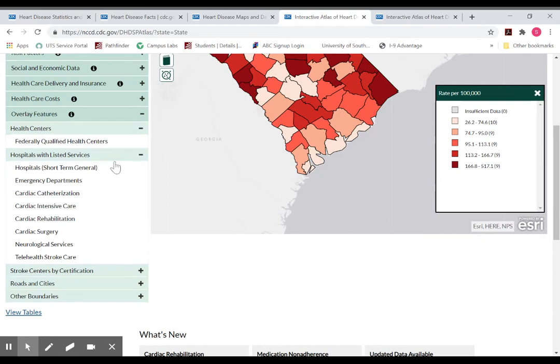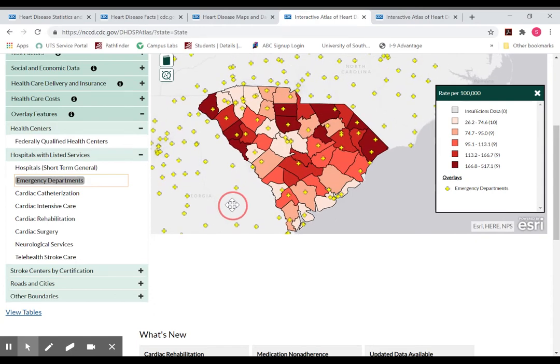maybe I want to look at the number of hospitals in the state of South Carolina who provide emergency services. So if I click here on emergency departments, this map then populates with these yellow crosses. So I can see within the state of South Carolina where the most emergency departments are. I see several here near Columbia in the center of the state, several more down in Charleston and in Greenville, which also happen to be highly populated urban cities within the state. There's a few in the Grand Strand area, but maybe not as many throughout some of the more rural places